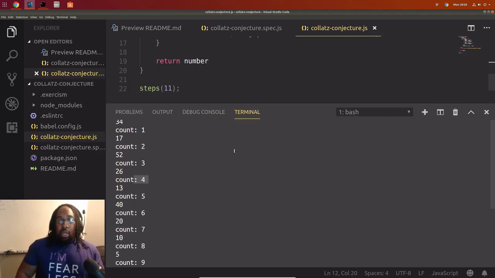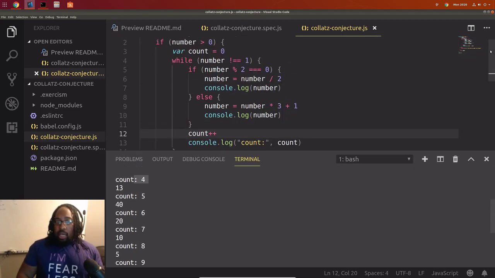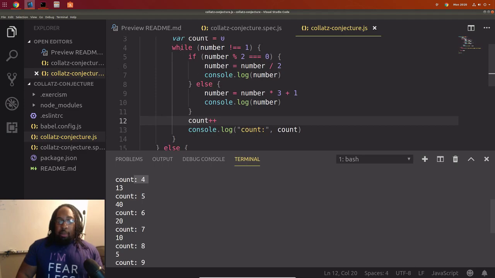And so let's take a look back at the code again. This while loop is saying while this statement is true, while number is not 1, run all this. So basically, it's evaluating against these two. It's saying, hey, if it's even, do this. If it's odd, do this. And then after it evaluates that, it adds 1 to the count every time. So that's what you're seeing here. After each run, it spits out the number. It spits out one of these 2 console logs and tells us which count that was.